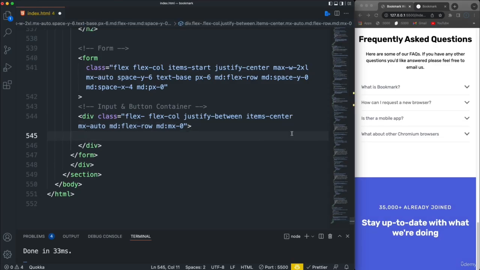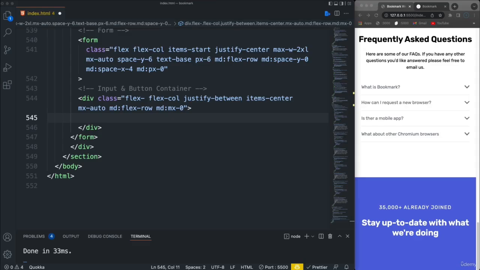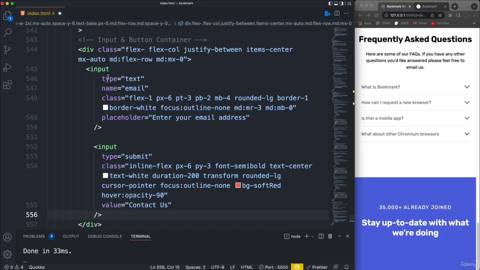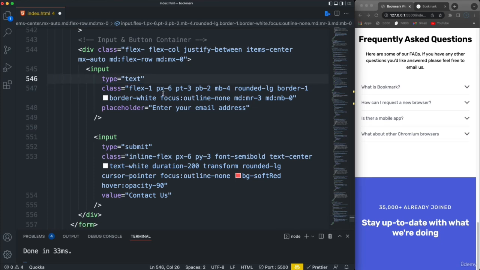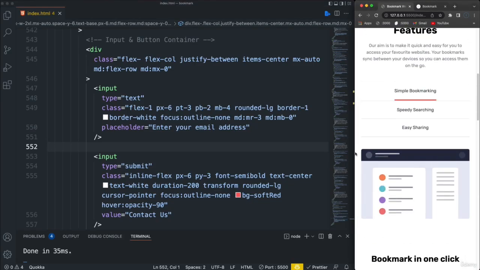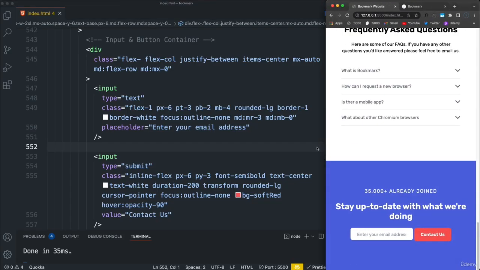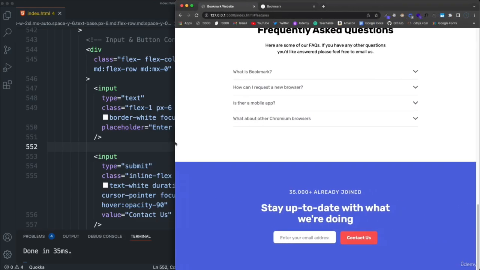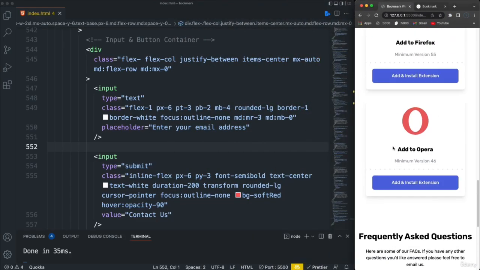All right, so the two items are going to be the input field and the button. And I'm actually just going to paste these in because there's quite a bit of classes on these. So this one, type text, name email, which we don't even need. We can get rid of that. And then the class here, we have flex-1 because this is going to take up all of the remaining space after the button takes up whatever space it takes up. Okay, so if we save that, let's see. Ugh, that's really getting annoying. So that looks good, but it should be stacking on